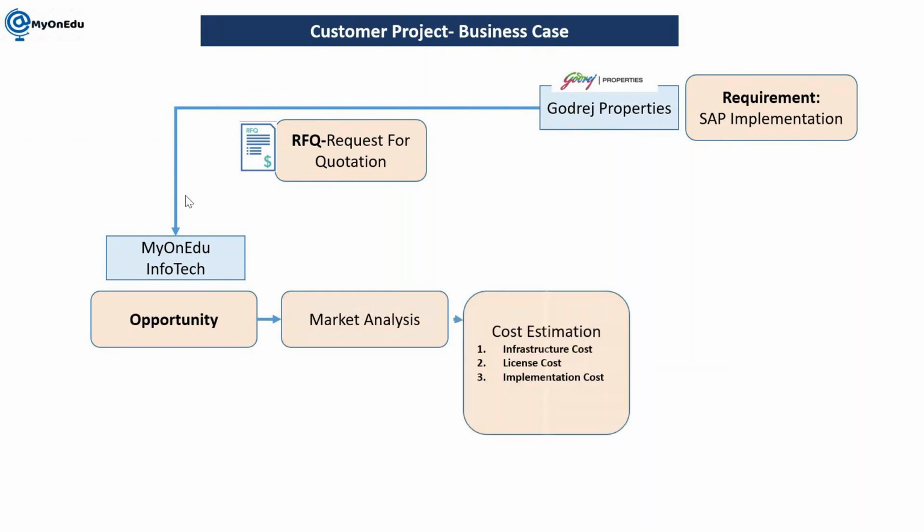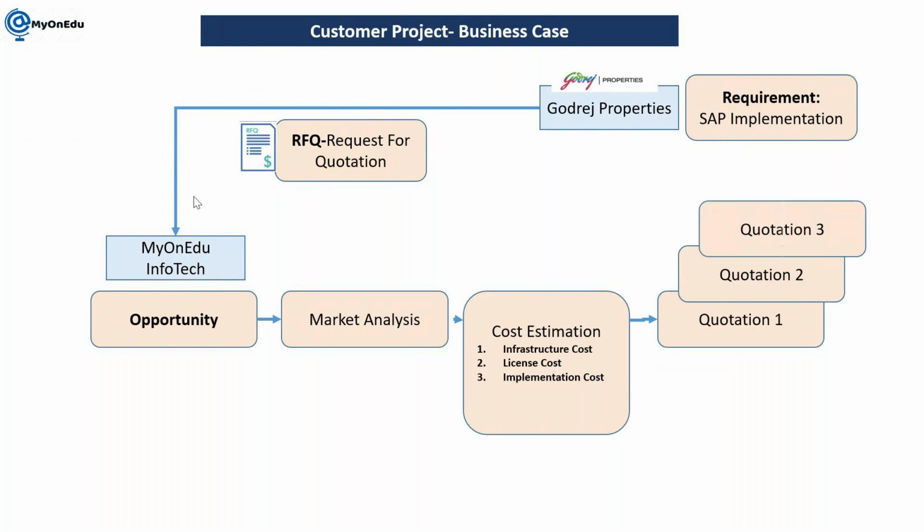Okay, and then we go for cost estimation, which will have the infrastructure cost, license cost, and implementation cost. Everything will be combined and sent to the customer. So quotation 1, 2, 3: generally in the tendering phase, we submit multiple quotations to the client, and once, let's say, we are going to win this contract, then Godrej